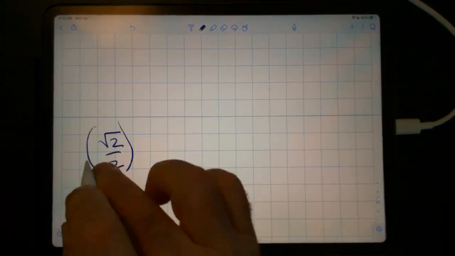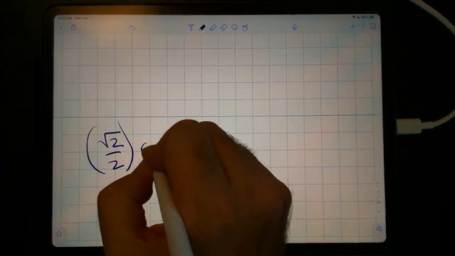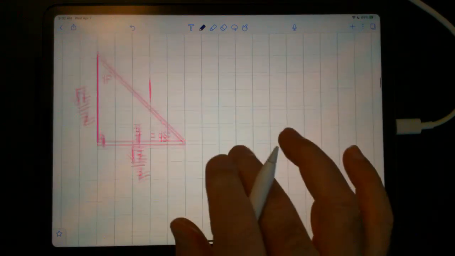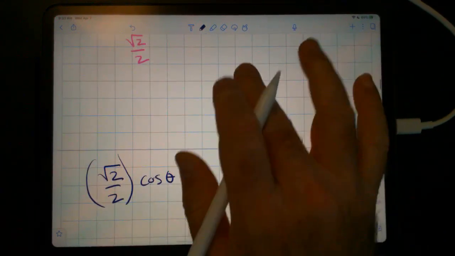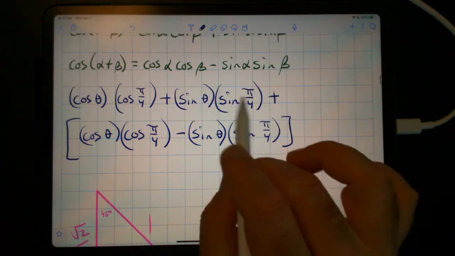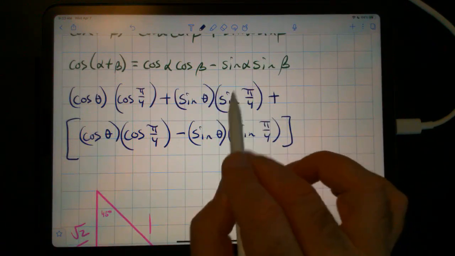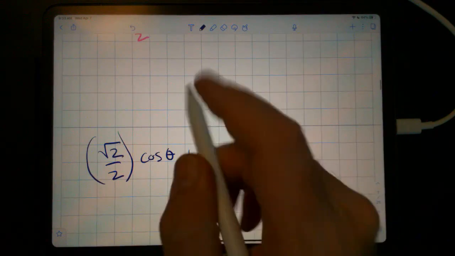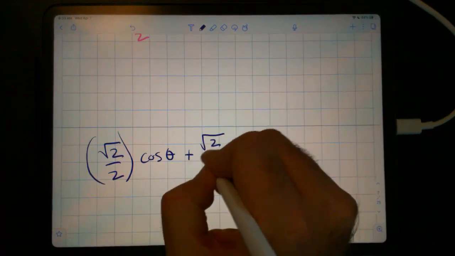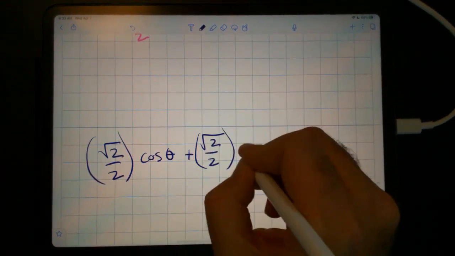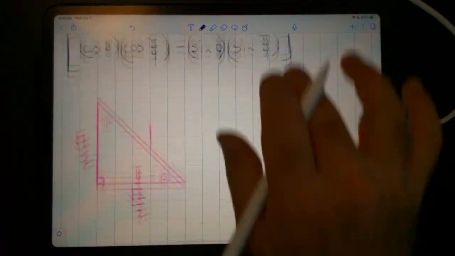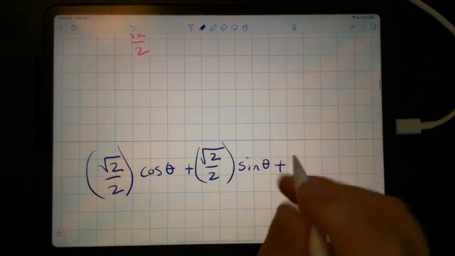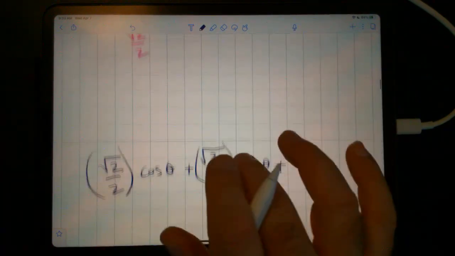So this is cosine of pi over 4 times cosine theta, and then plus sine of pi over 4 is radical 2 over 2. And then we're adding to this